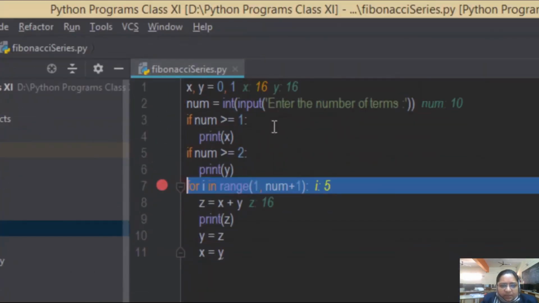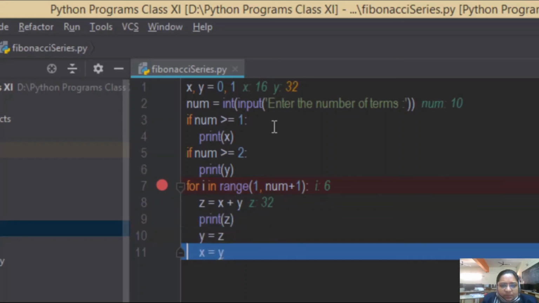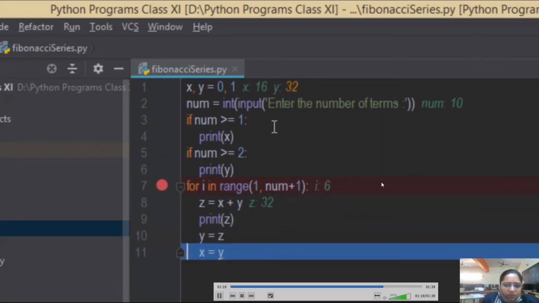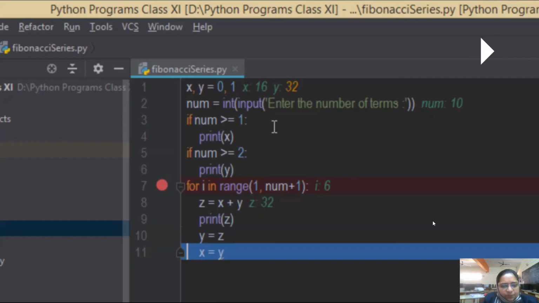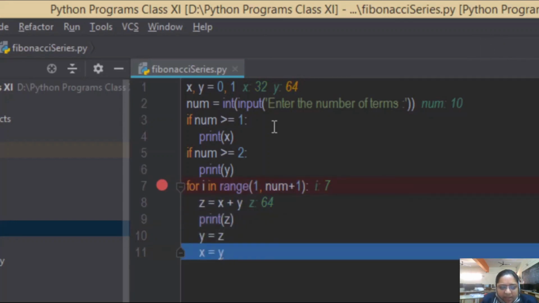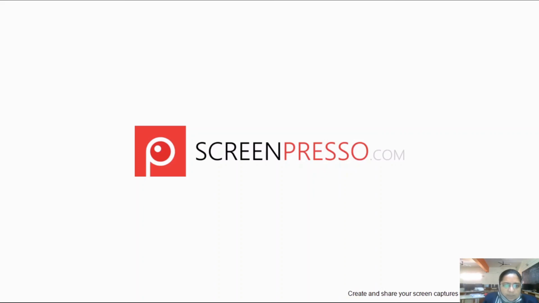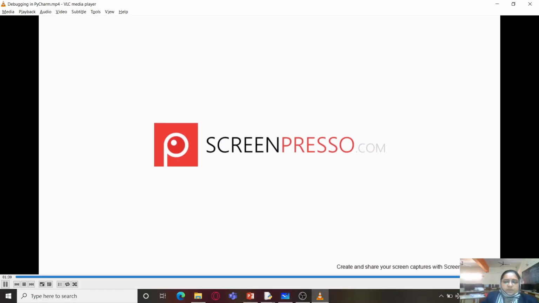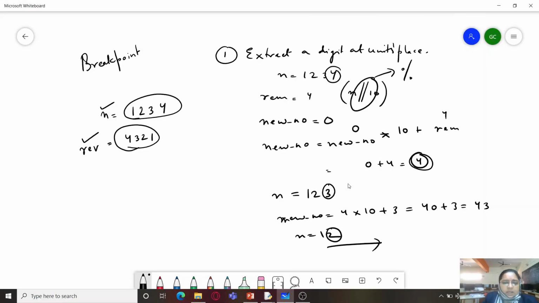You can check that the values of z which we are getting over here are not the ones which we expect. That is probably because of the statement y equals z, which has been written before x equals y.